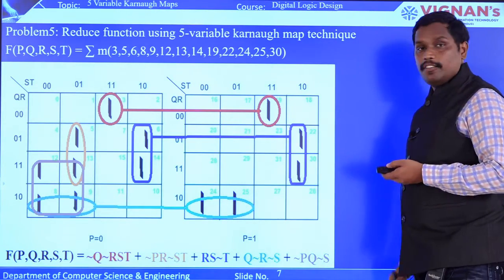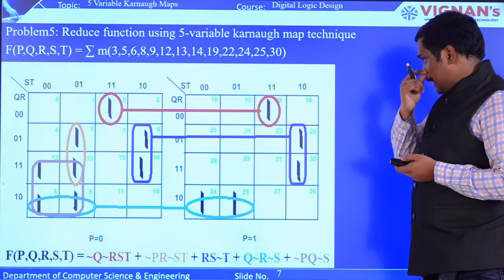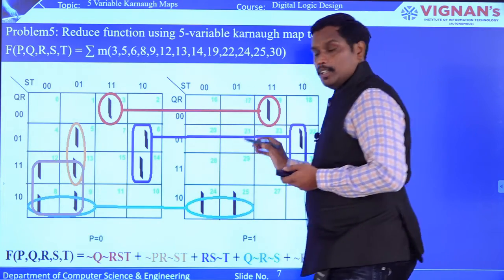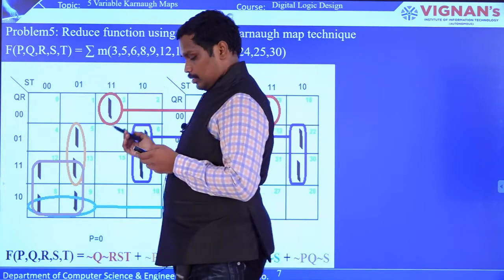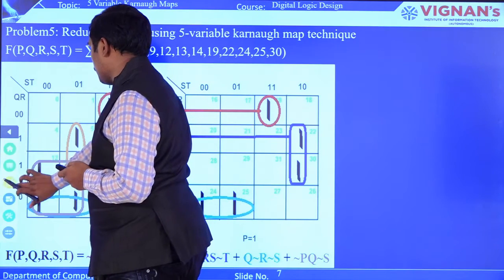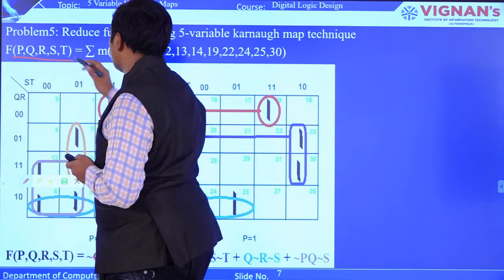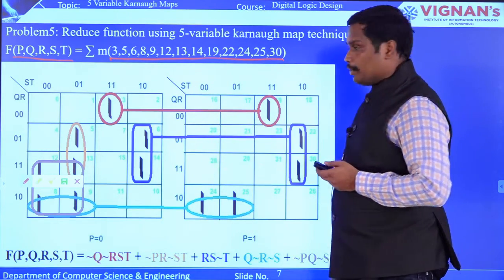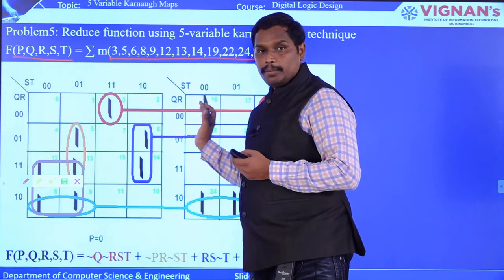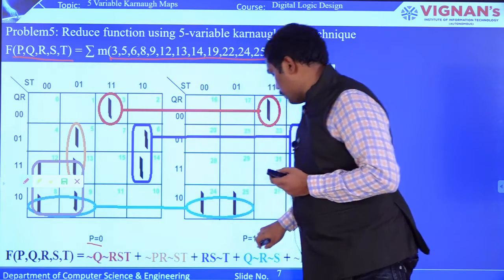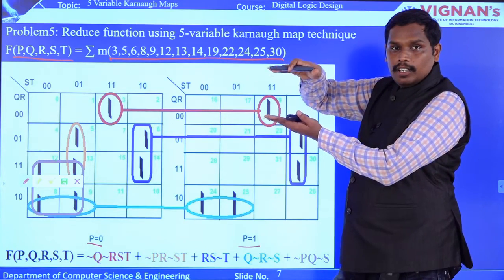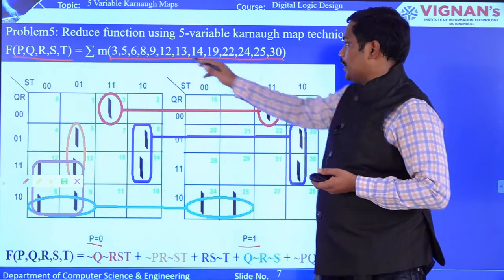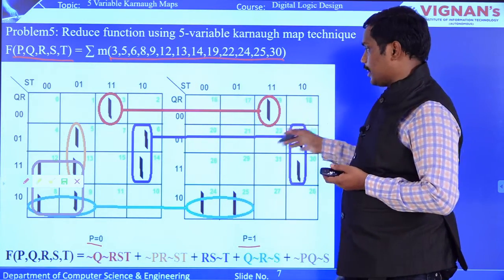So this is the Karnaugh 5 variable map. This is the last session, and there you can see that the Karnaugh map for 5 variables you can construct in 2 Karnaugh maps. The Boolean variables that are there are 5 in nature. So you can have min terms that can be marked in the Karnaugh map. You can take 2 particular Karnaugh maps with p equal to 0 and p equal to 1. It looks like a Karnaugh map which is like a mirror. So that mirroring concept you can apply over here, and I have placed all the positions of the particular min terms in the corresponding locations.